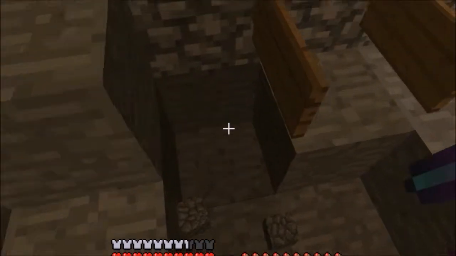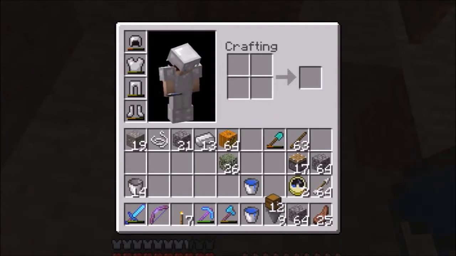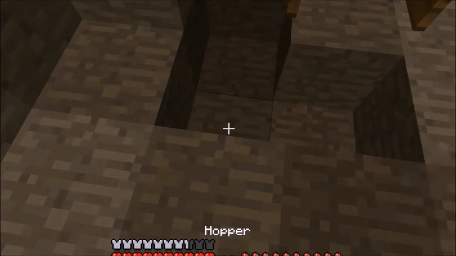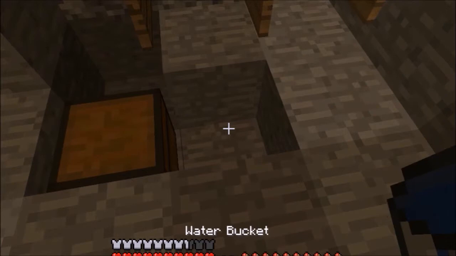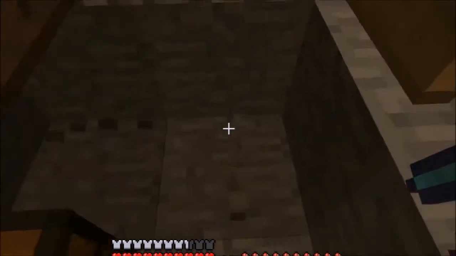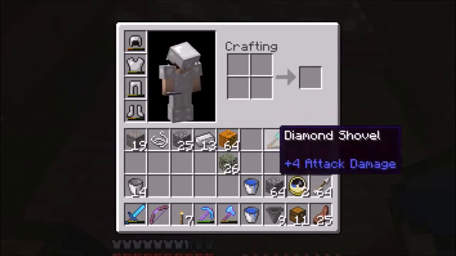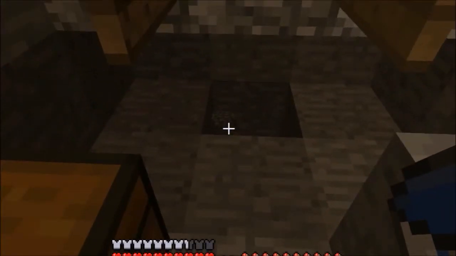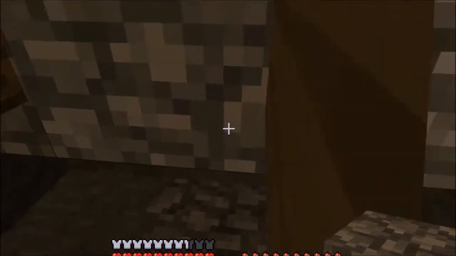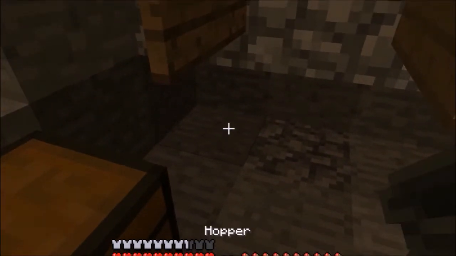Now, theoretically, you only really need to do a 2x3 thing of hoppers. I'm going to do a 3x3 just in case something actually dies before making it all the way through. I don't think that's possible. It's probably way overkill, but like I said, it's the first time I did this, and I just wanted to make sure I didn't miss anything. I think that you only have to do the 2x3 for hoppers, save you a little bit